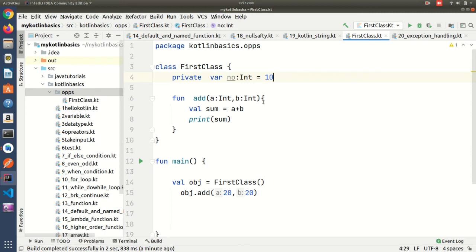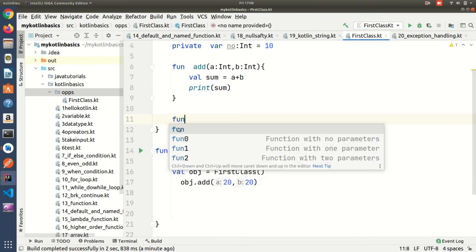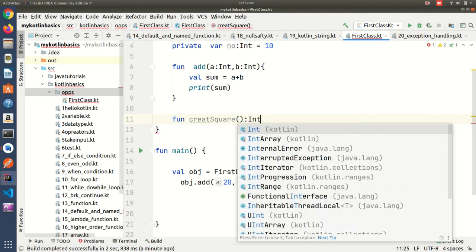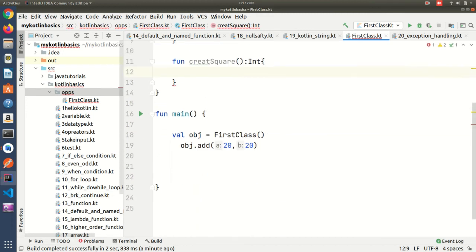So I am creating another function. I am writing the function name createSquare, and it directly returns an integer.